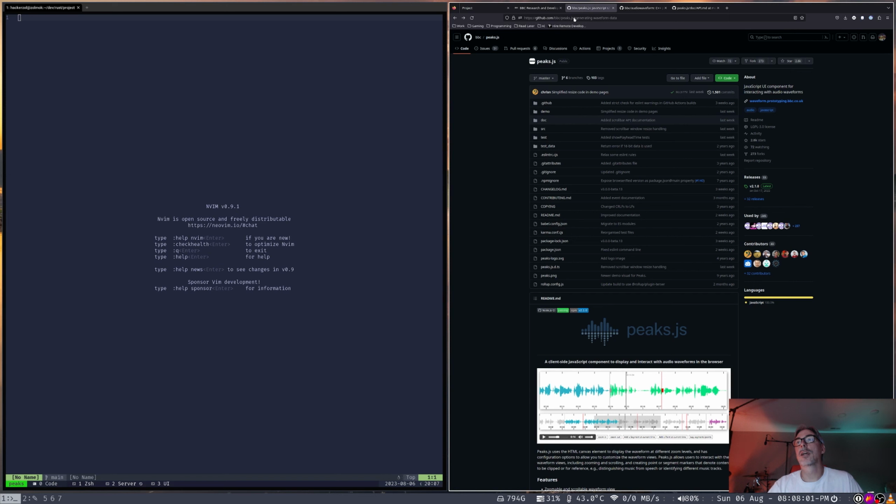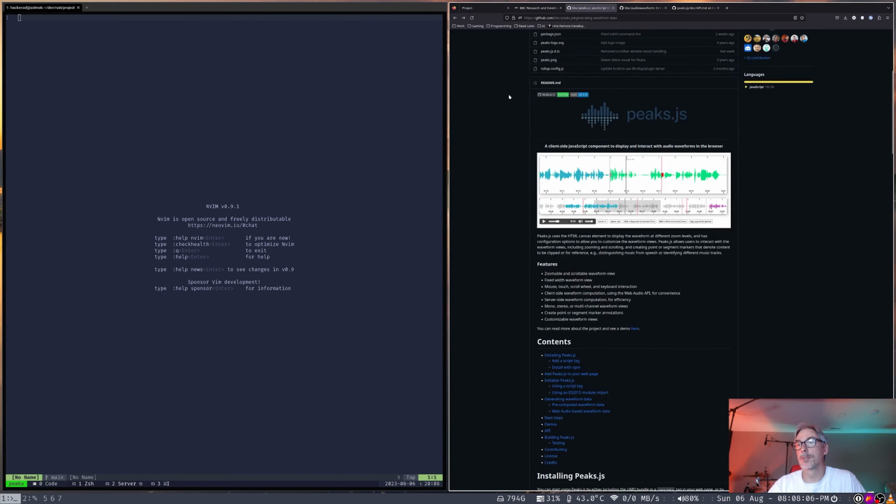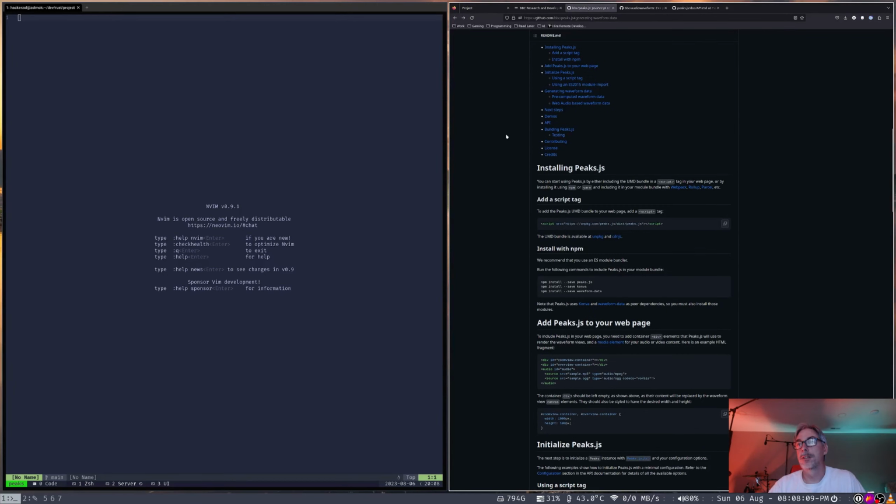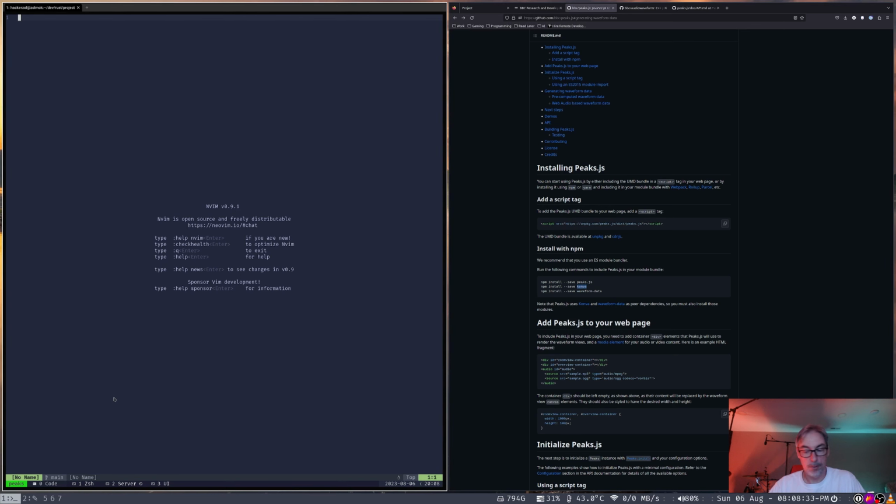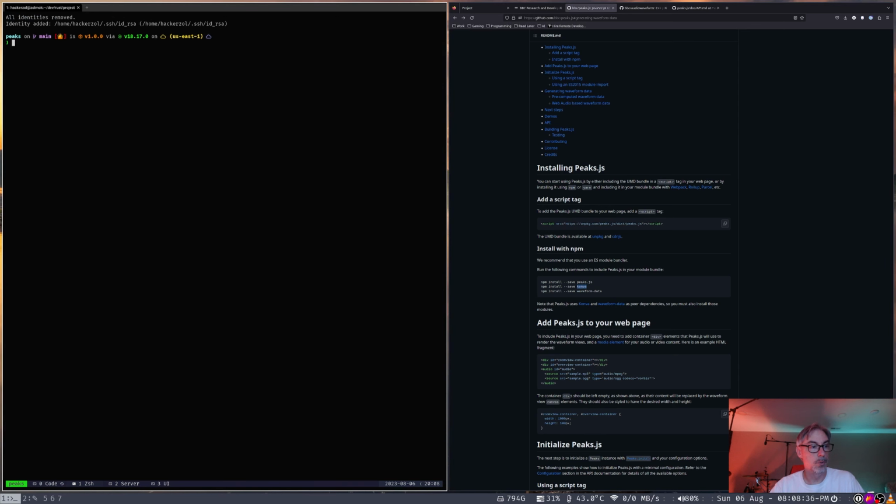And let's take a look at the Peaks.js GitHub page, which tells us how to get this thing installed. And we're going to install Peaks.js. The reason why I'm doing this one at a time is because Peaks.js is a little, let's just call it dated at the moment. And this other library, Canvas, has moved on to newer versions. And Peaks.js currently does not like the newer versions of Canvas, so we're going to have to install an older one. So let's go to here and install Peaks.js,